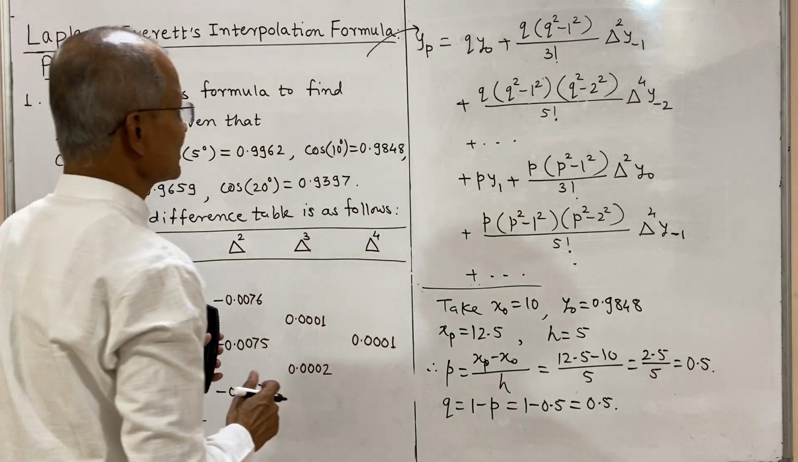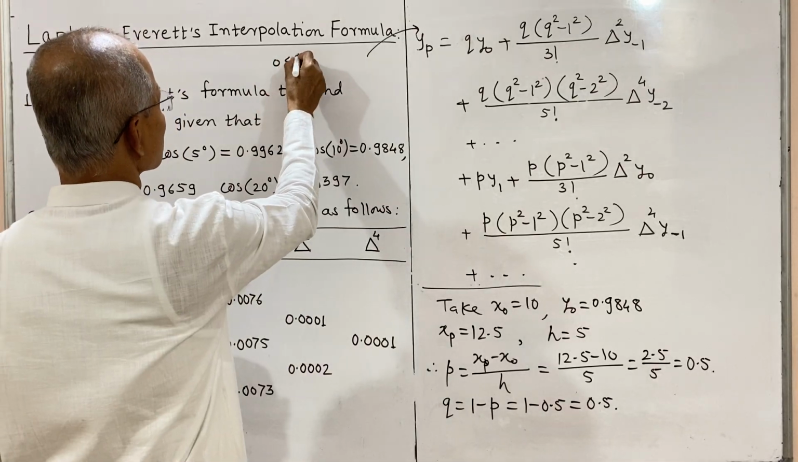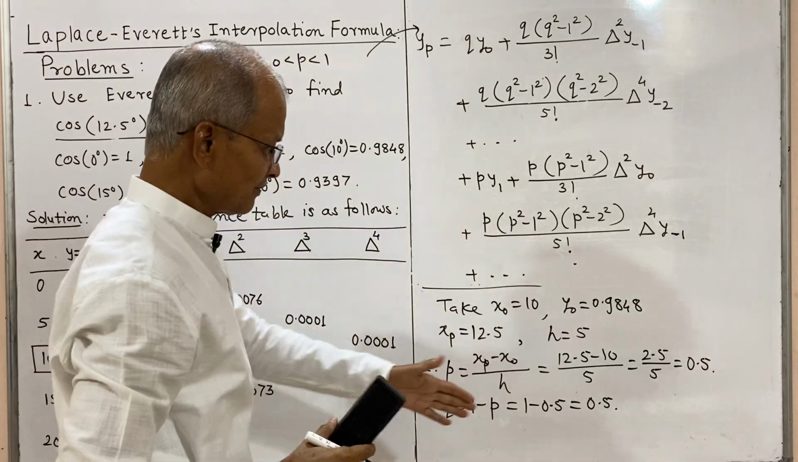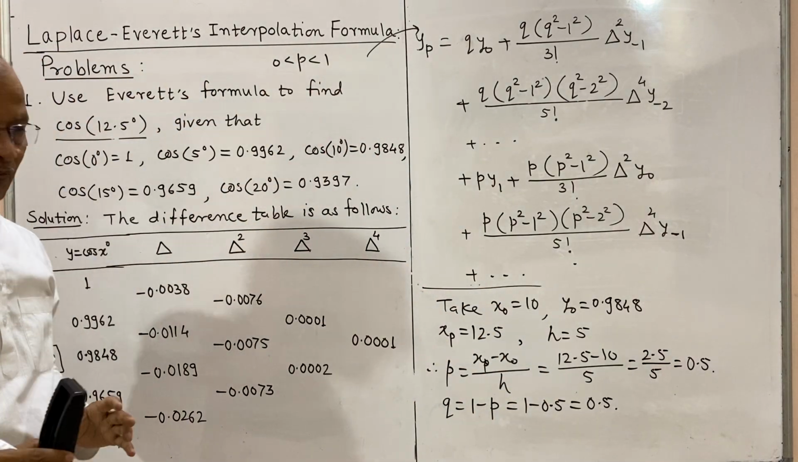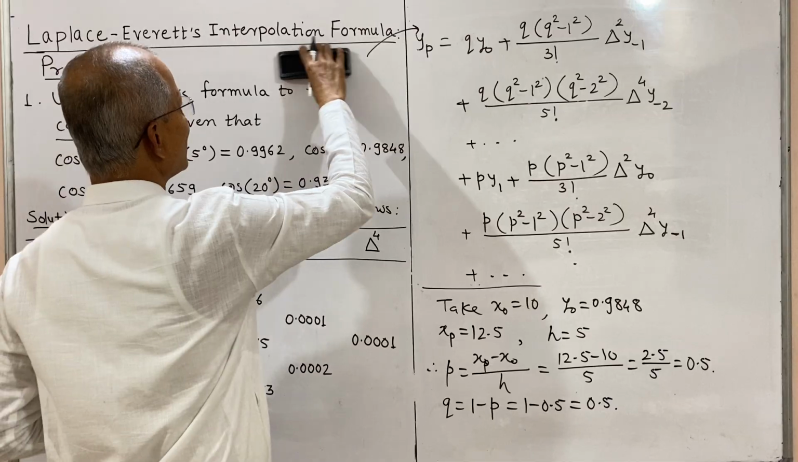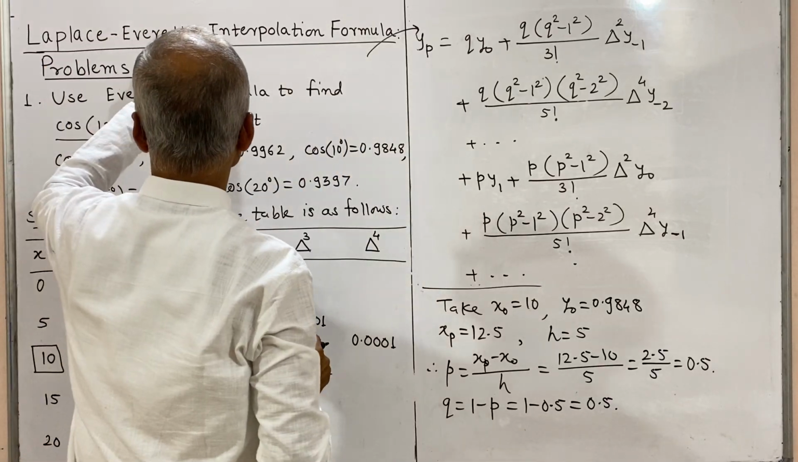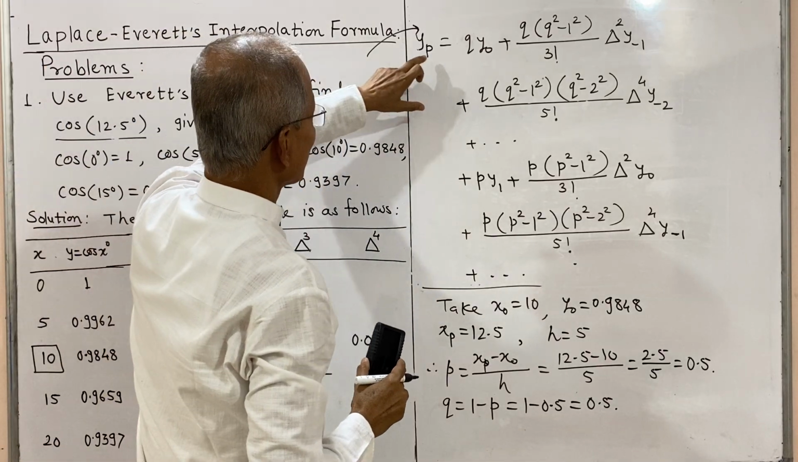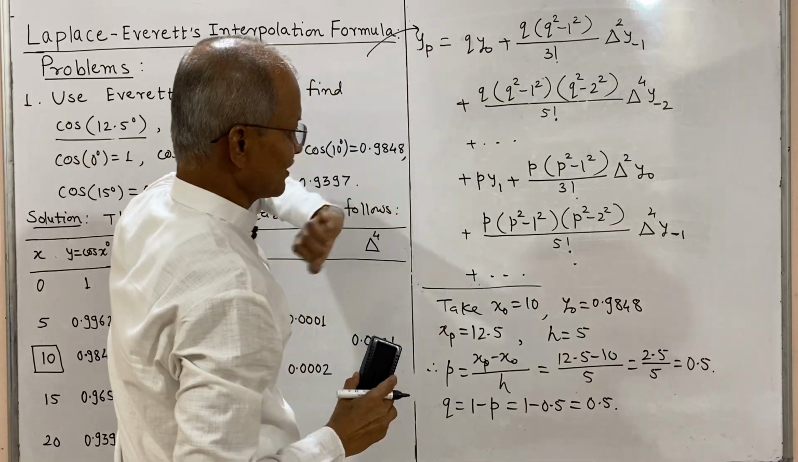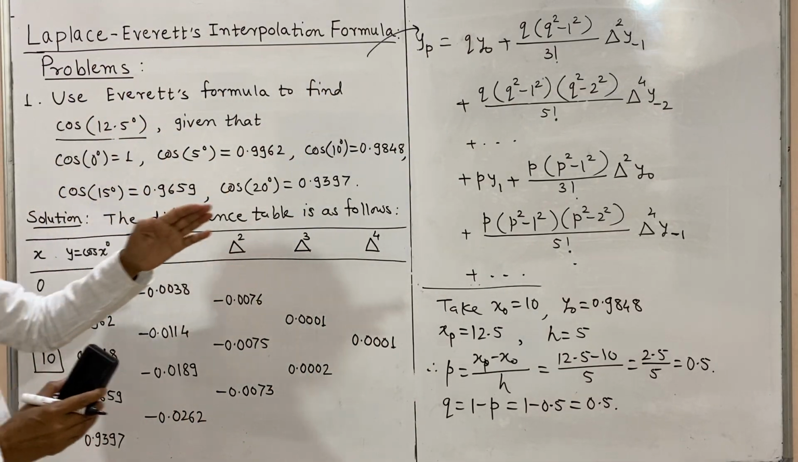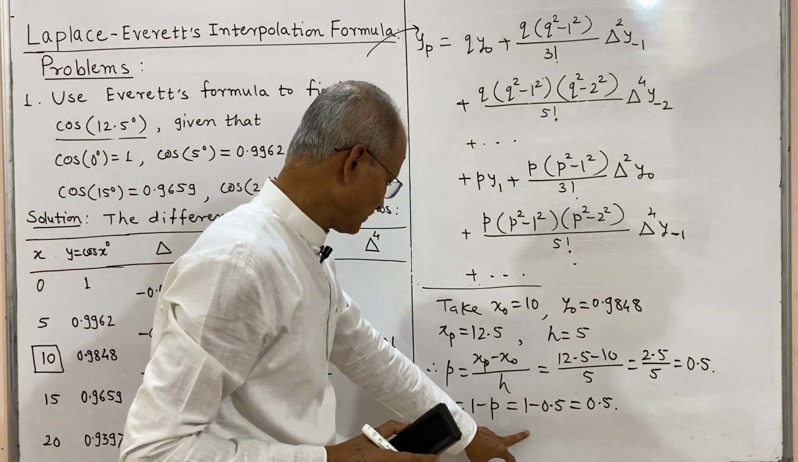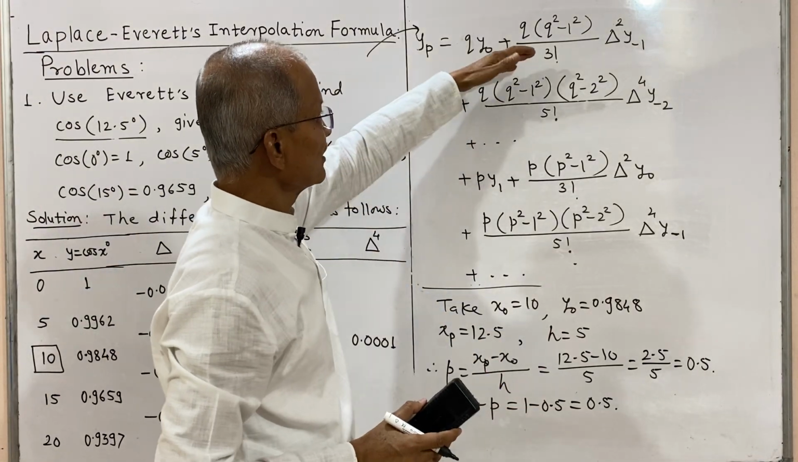We have written this as a remark. P is between 0 and 1, and clearly 0.5 is between 0 and 1. So now we have to write the formula, and the Laplace-Everett Interpolation Formula is to be written. In this formula we have to put the value of q, which is 0.5, and the remaining terms